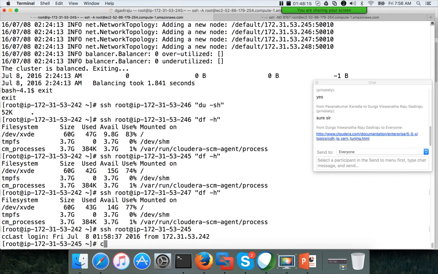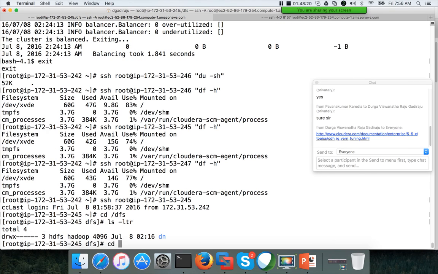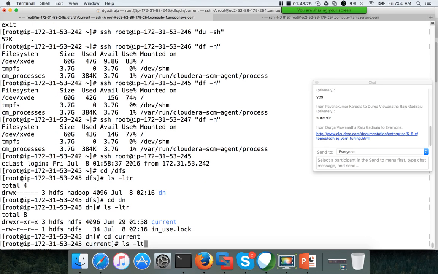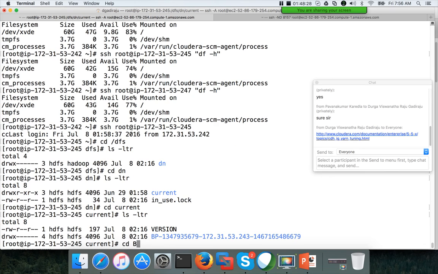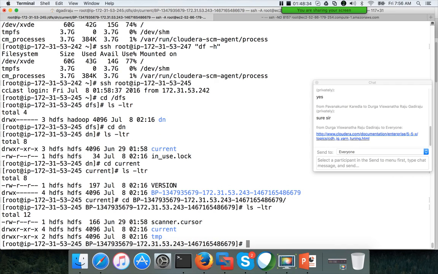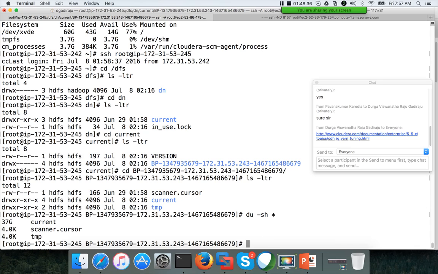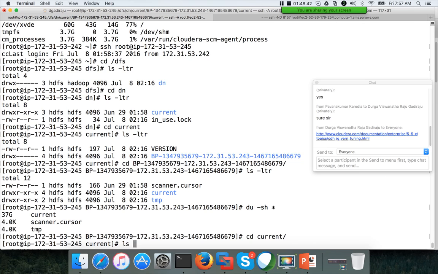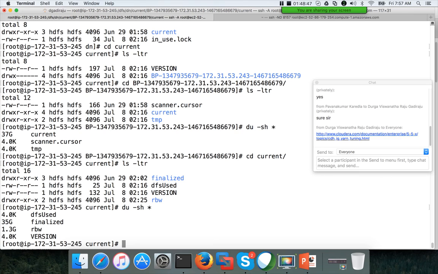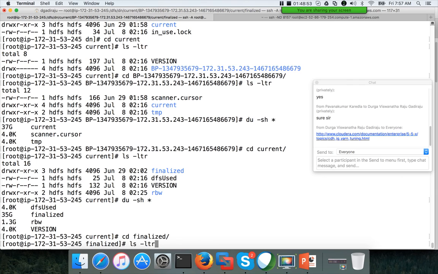Let me try this. cd /dfs, ls -ltr, cd dn, ls -ltr, cd current, ls -ltr, cd bp, ls -ltr, du -sh *. So current is the directory which is occupied. ls -ltr, du -sh *, finalized, cd finalized, ls -ltr.